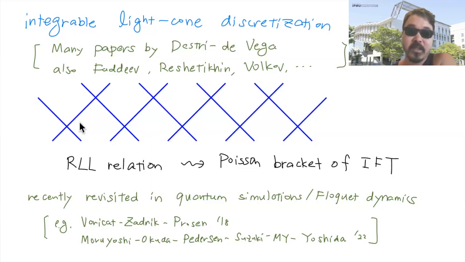I'm also tempted to say that there is some extra motivation to study these theories. So here we are talking about integrable quantum field theory and its discretization. That's the way we say it. But we can also regard this as a time evolution in a Floquet system of quantum integrable Trotterization, which some people, including myself, have studied recently.